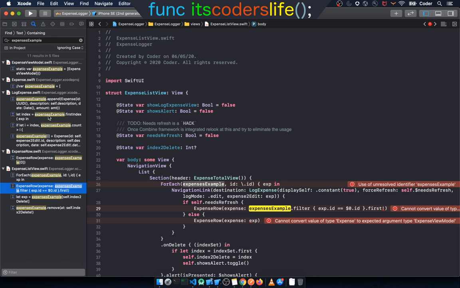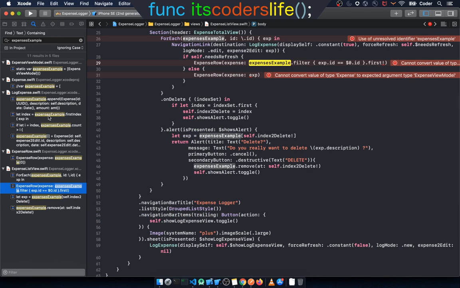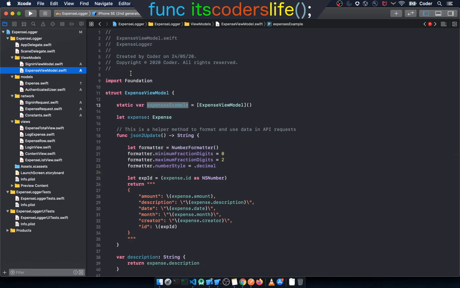Okay, that was a bad POC. Actually, POCs are supposed to be bad. Now we have a lot of refactoring to be done from the view side. So all these should not be expense example, it should be the view model. So it should be